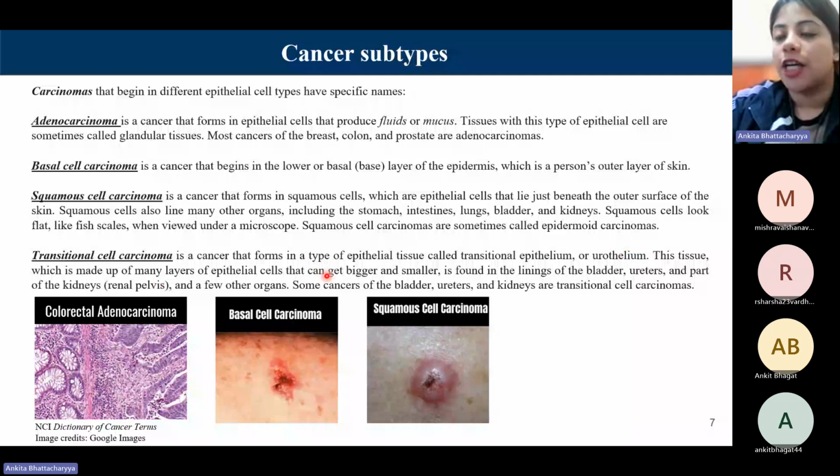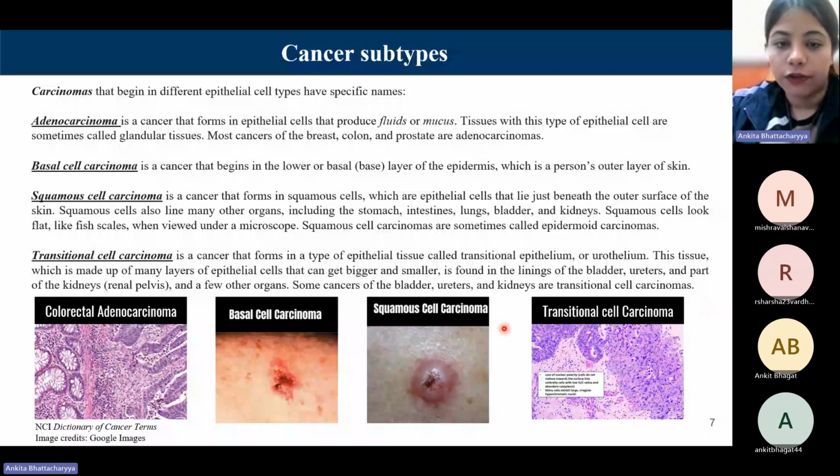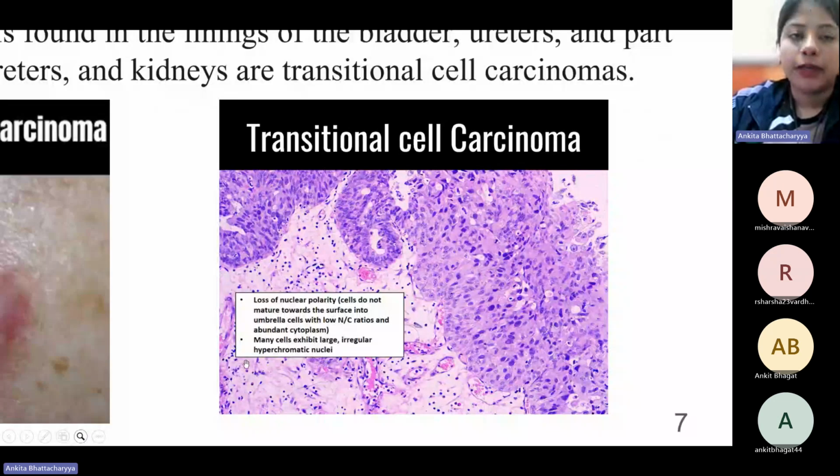And these are most commonly transitional. It's basically depending upon the cell type that these subclassifications have been made. And this is a representative image of the same. If you zoom in, you'll be able to see that there's a loss of nuclear polarity where cells do not mature towards the surface. Cells exhibit large, irregular, hyperchromatic nuclei. What does hyperchromatic mean? When the terminology chroma or chrome comes in, it basically means that the cells are